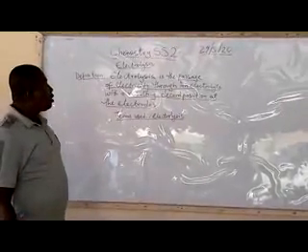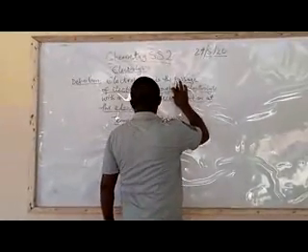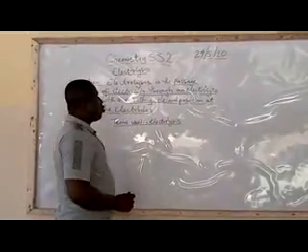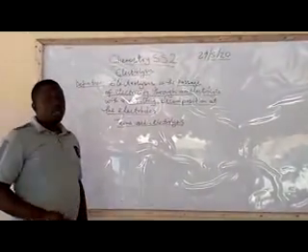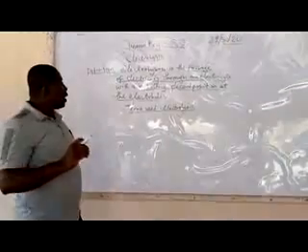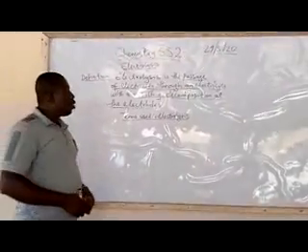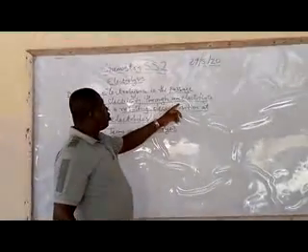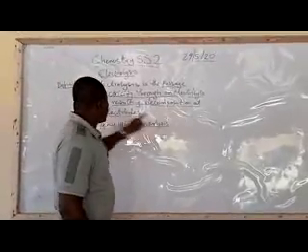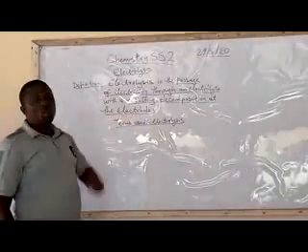So if you mention decomposition, you mention electrolyte. Electrolyte is a key word. You might just say electrolyte, electricity, and electrodes. All these carry 1 mark to make the 3 marks. So the passage of electricity through an electrolyte with a resulting decomposition at the electrodes is what is called electrolysis. As we go on, we are going to see the meaning of electrolyte, the meaning of decomposition at the electrodes, and the meaning of electrodes.